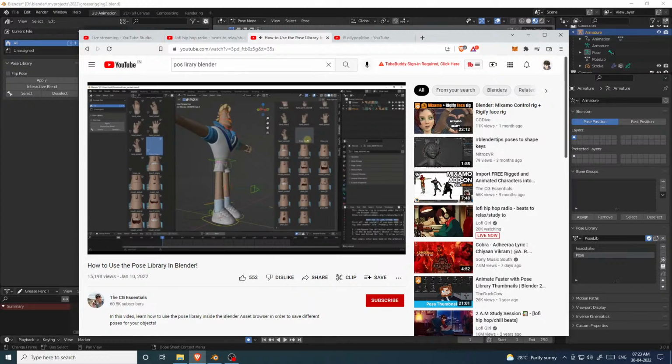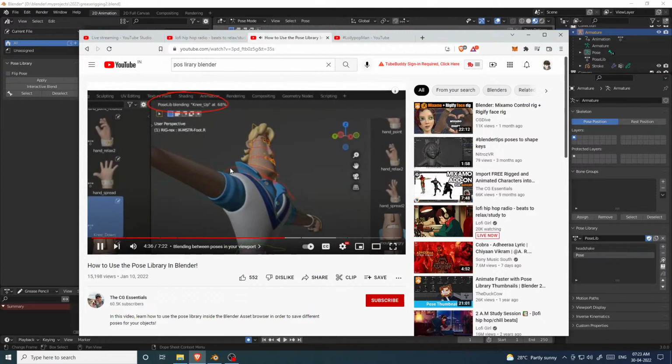Another cool thing about this is if you click on one, like this knee down right here, and then you click on the knee up and drag left to right, notice how this is going to animate a transition between one pose and the other. And if you look at the top of the page, you see how it says